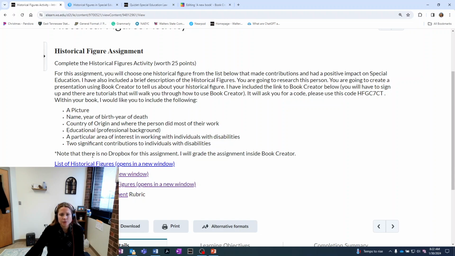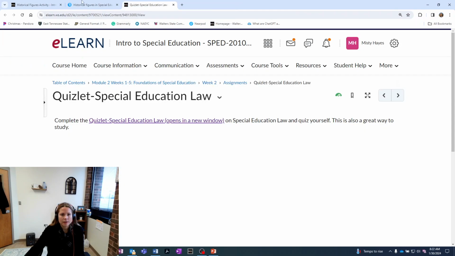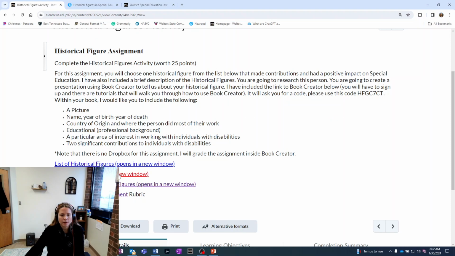Now, I did make a note to remind you that you do not put this in Dropbox. I will grade the assignment directly inside of Book Creator. So when you click on the Book Creator activity, I will show you kindly what it looks like. So if I were to open up,